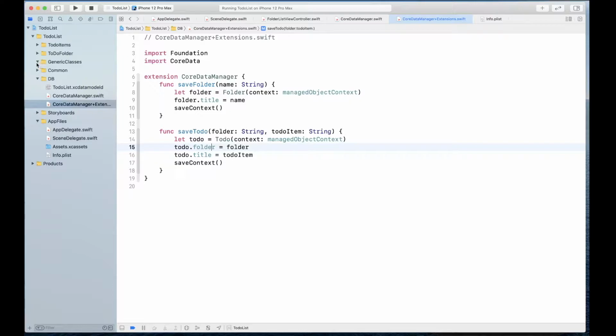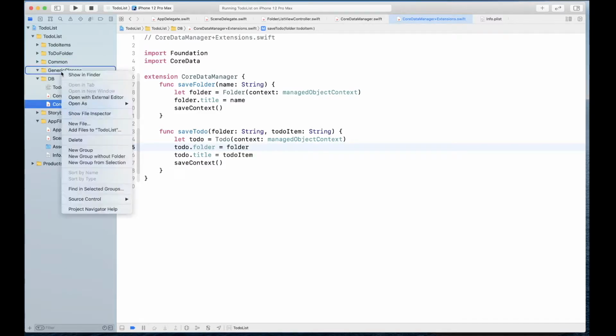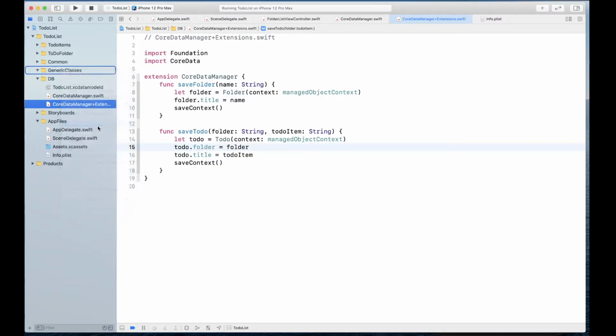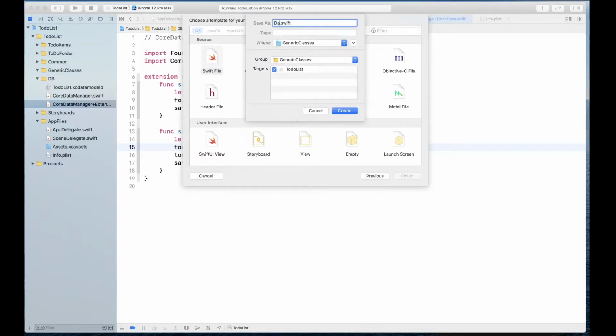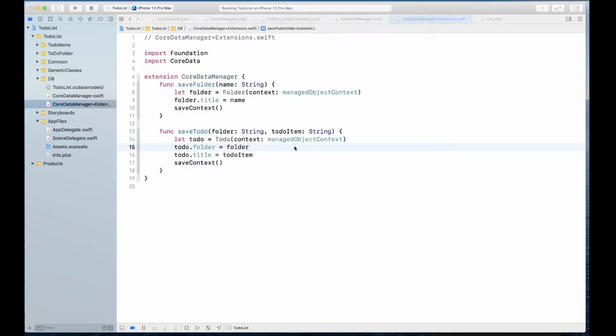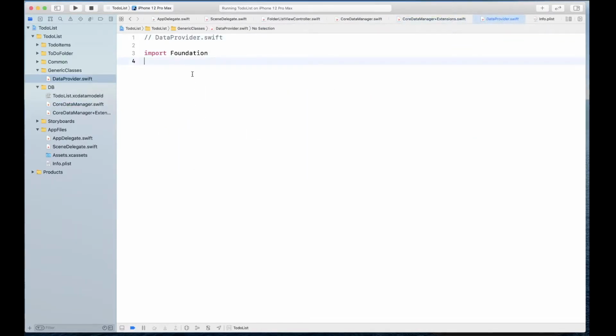So what I'm going to do is move this folder right up here so it's in sequence, and I'm going to create a new class inside my generic classes. This is going to be a Swift file, and we're going to call this one DataProvider. This DataProvider is basically going to import Core Data first of all,